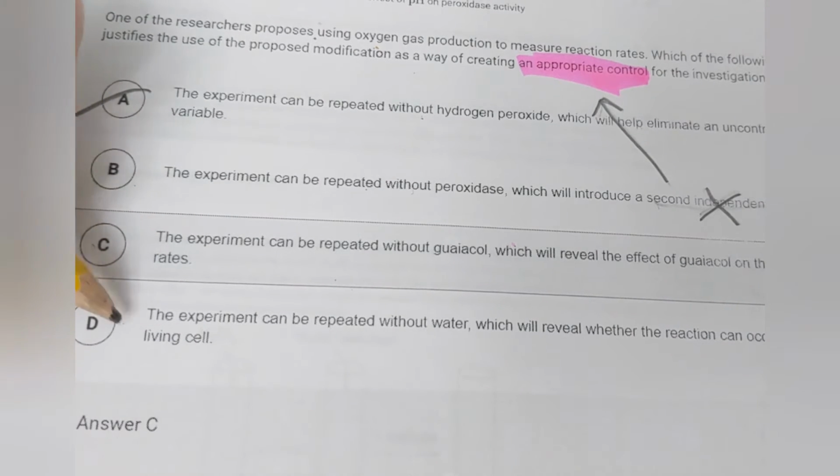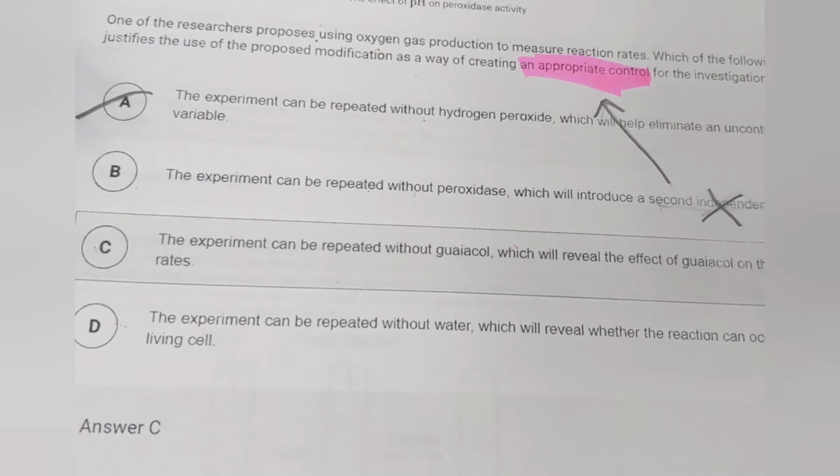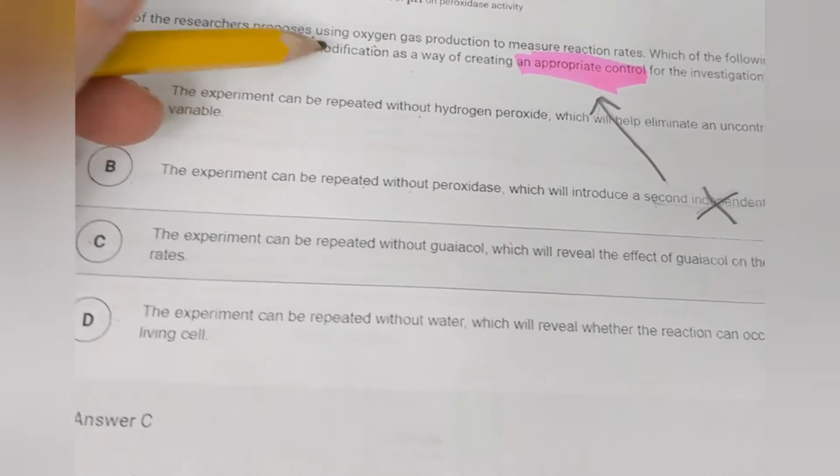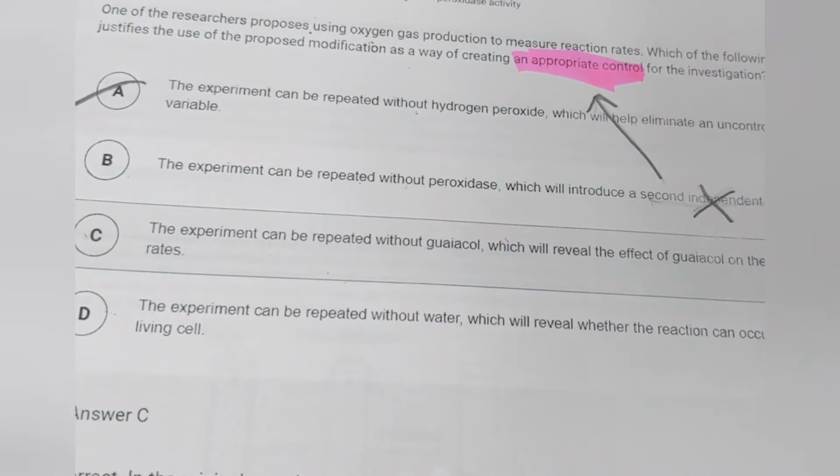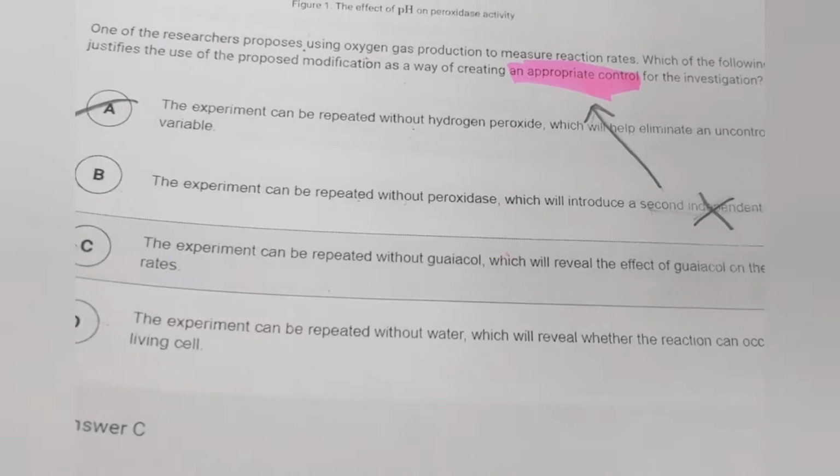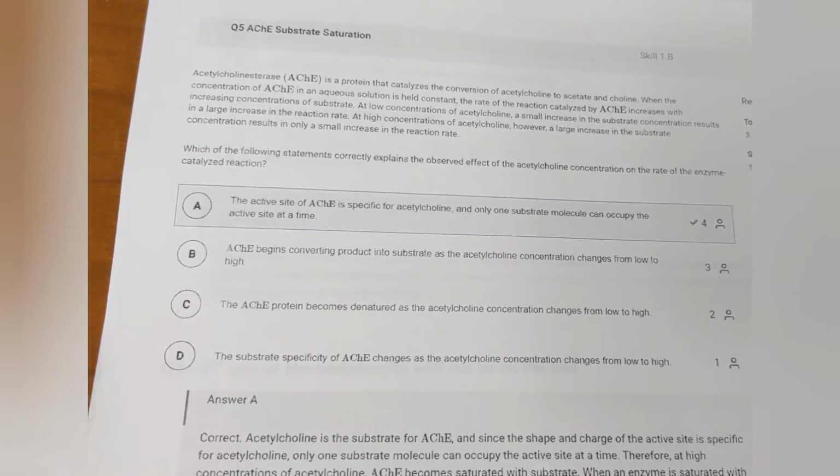And again, repeating the experiment without water, it doesn't really explain how using oxygen gas relates to that. So that's question 3. Okay, question 4